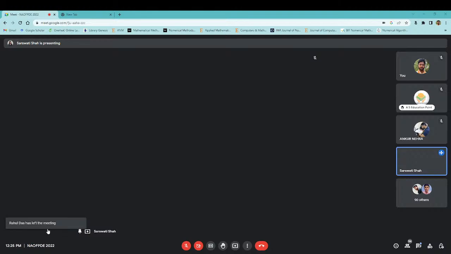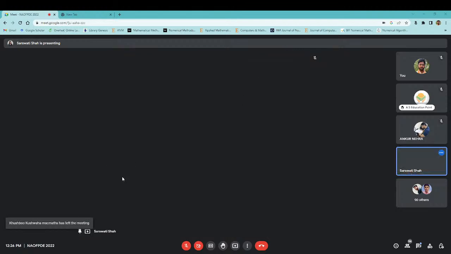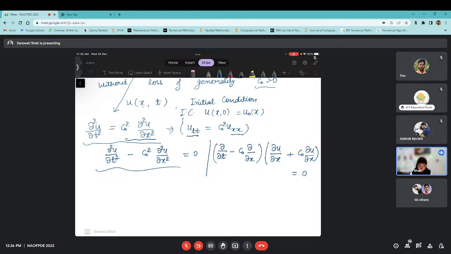del 2u over del t square minus c naught square del 2u over del x square equals to 0. Okay. And this can also be written as... if we are assuming that u is a smooth function, then can we write this PDE in this form? See, when you will operate this operator on this, then what you will get? Del 2u over del t del x plus c naught